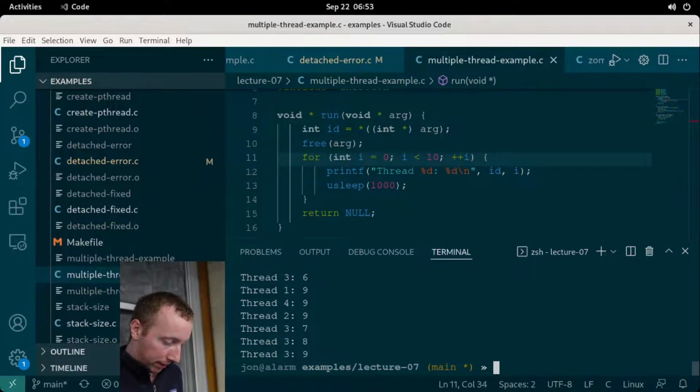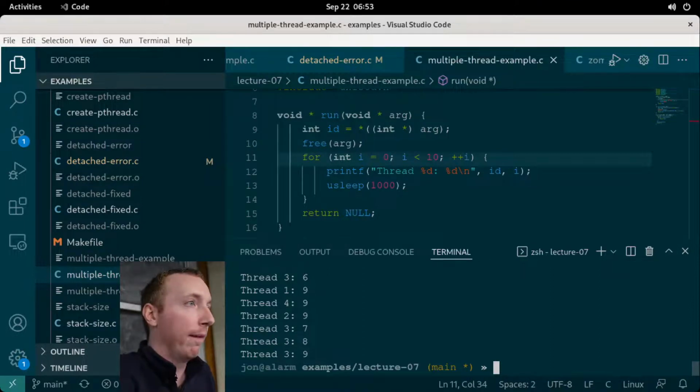If we execute again, we get a different output, which is still valid. Each thread will print 0, 1, 2, 9 in the same order every time. But between different threads, you're at the mercy of the scheduler, and you have no idea what order it's going to print. Yep. I didn't see main, but are these